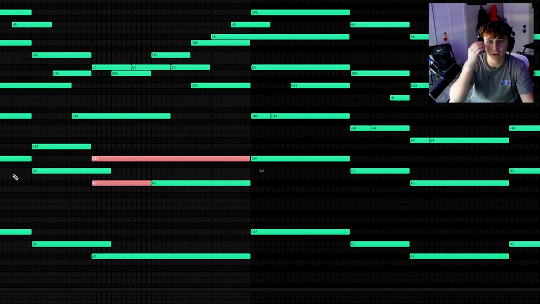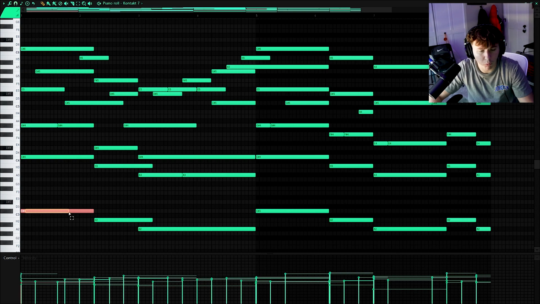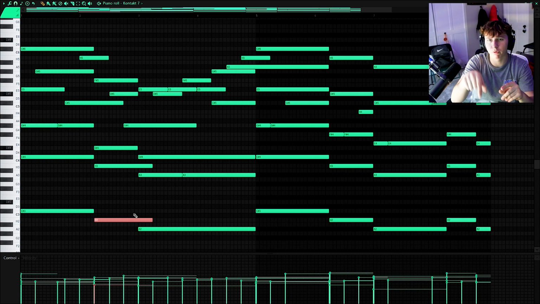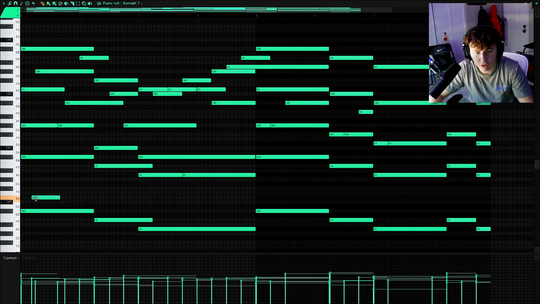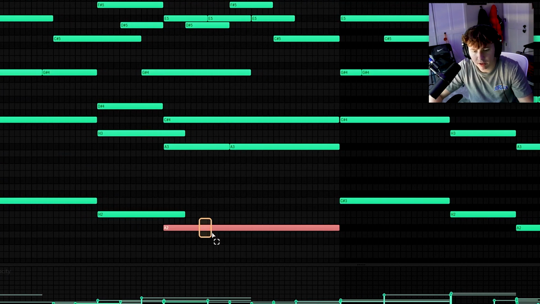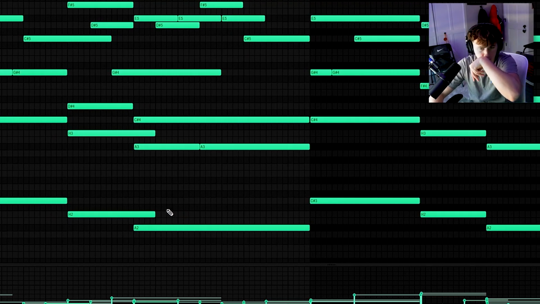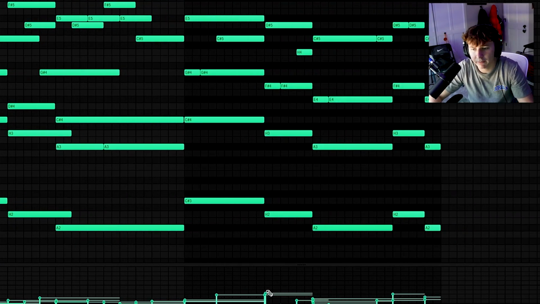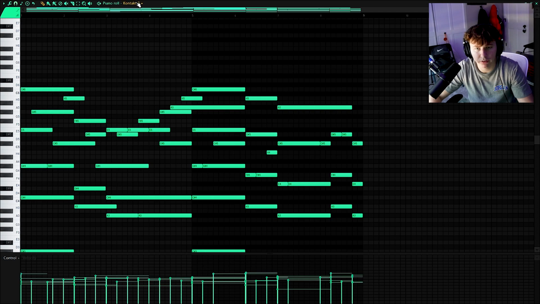So the most popular pain chord progression is the 1-7-6 in the scale. This is the 1 in the scale, so it's the C#. Then you go down, because if you're going down, you're kind of redoing the scale. If I went up, that would be the 2, 3, 4, 5, 6, 7. Since we're going down, this will be 1-7-6, and that's the most popular pain chord progression. And then pretty much all I did was add little transition notes to get it to the next part of the melody. So if we listen right here,